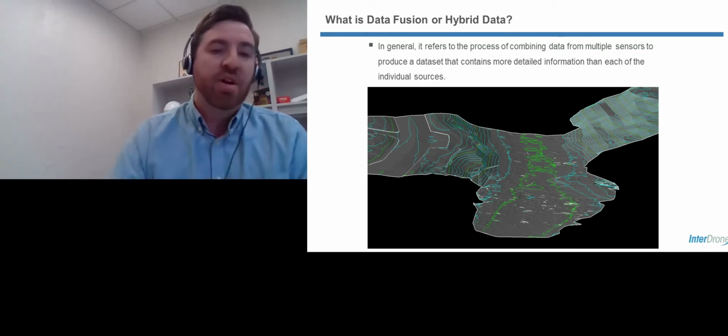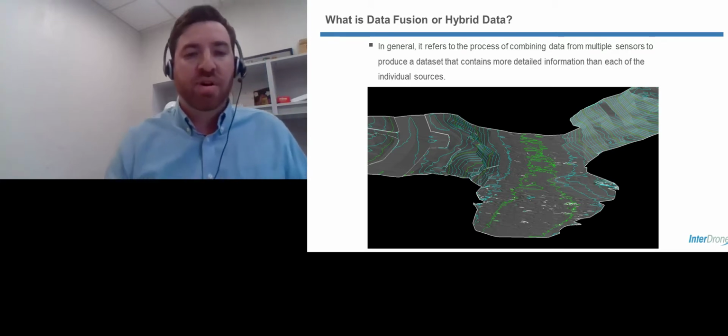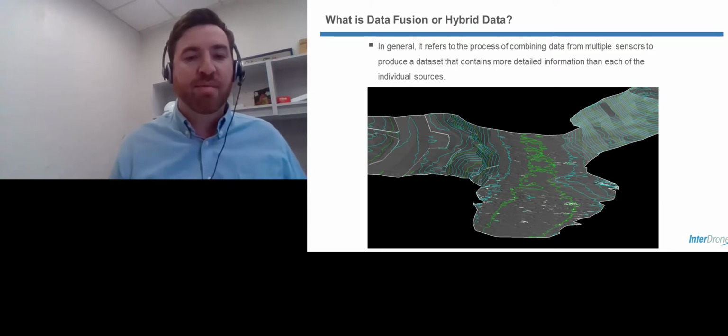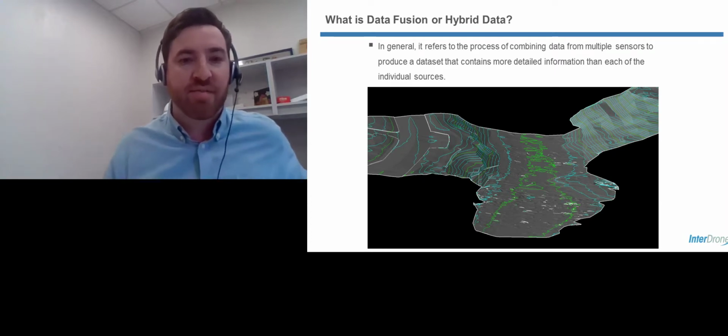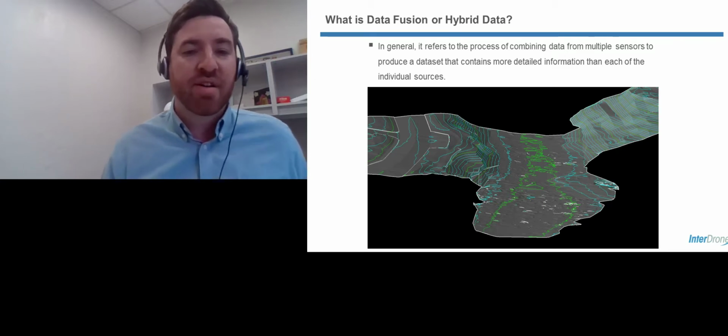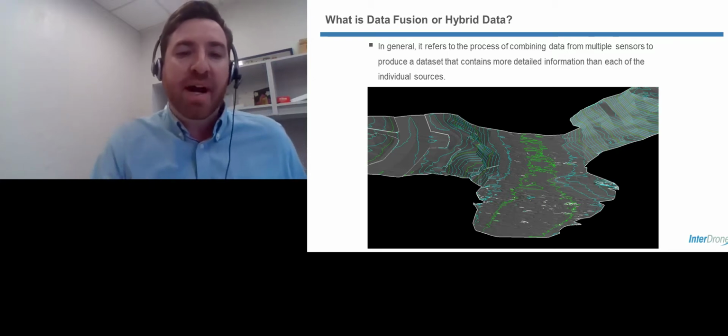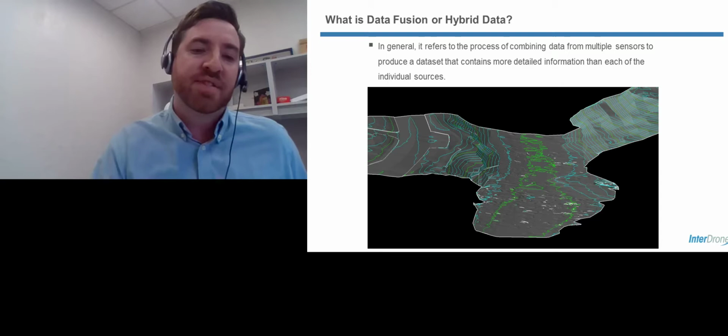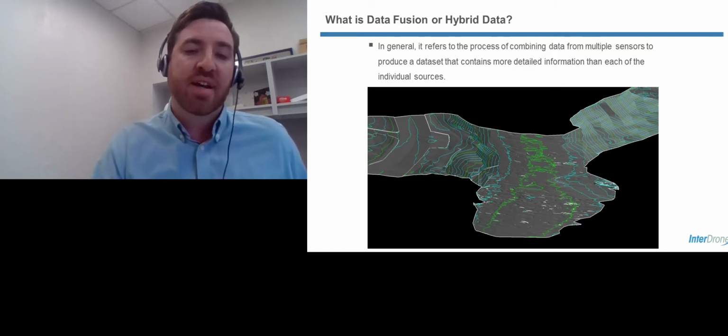Point clouds are a huge part of what we do. It's how we create our surveys. I'm going to focus on topographic survey deliverables today. Generally when we're speaking about hybrid data, as Bill said, we're talking about using multiple systems, multiple different sensors to capture one data set that we think brings the most value to the project and to our client. So for example, like what you're seeing here,